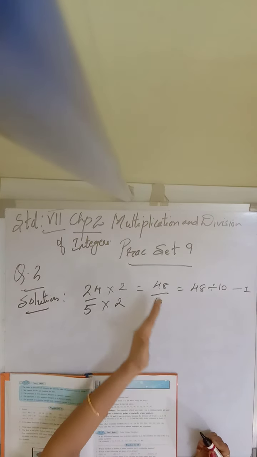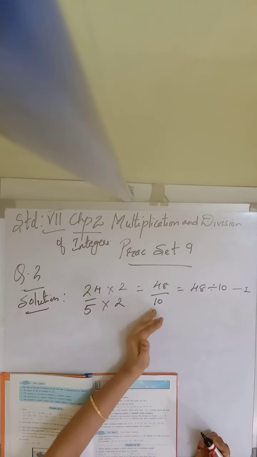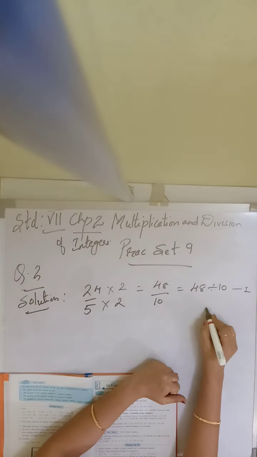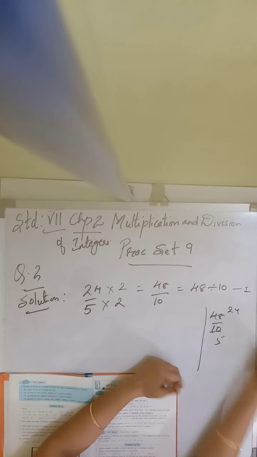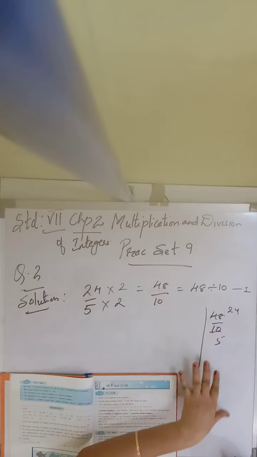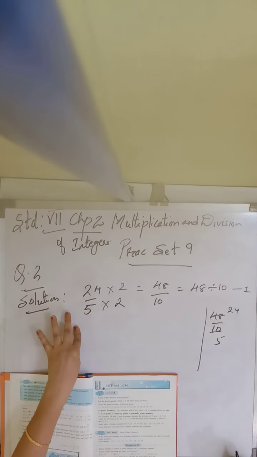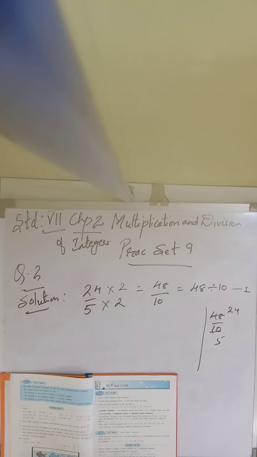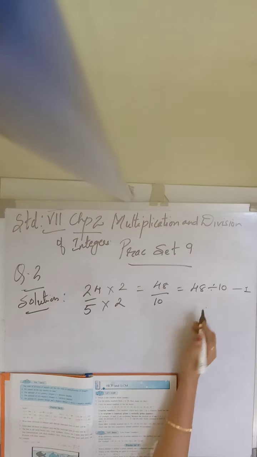Suppose I reduce 48 by 10, I will be getting 24 upon 5. How will I be dividing this? In rough, I am just showing you all, 48 by 10. So 2 5s are 10, and I am getting back again 24 by 5. Yes or no? After dividing further, I cannot reduce. So we are getting 24 upon 5, that is the fractional form. Clear? This division part you need not show, it is only for your knowledge. So the first pair is 48 divided by 10.